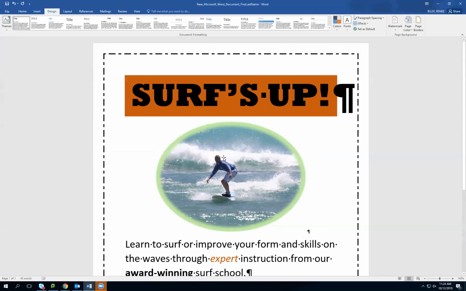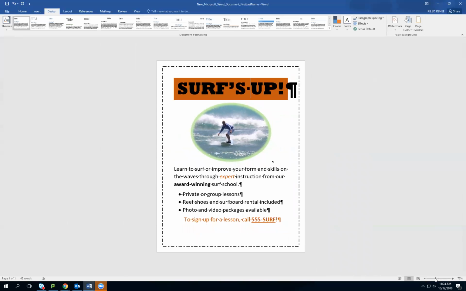Let's go ahead and do some different views. How could we change the view of our document? Down here at the bottom, we saw we had these different choices. We're looking at our print layout. I want to zoom out a little bit so I can see how that document looks all together. So just down here, if you use your zoom tool, you can zoom out and in a little bit to see how it looks. It's looking all right, but it looks like there's a little too much space down here at the bottom. So let's center everything